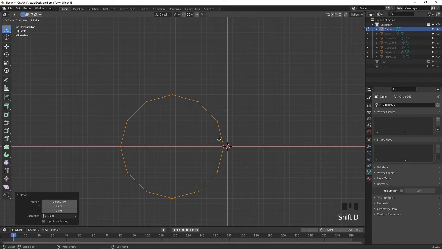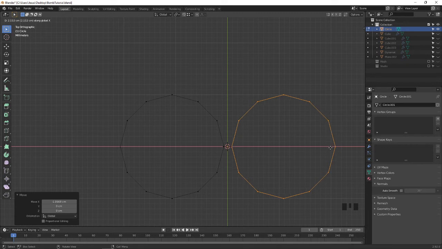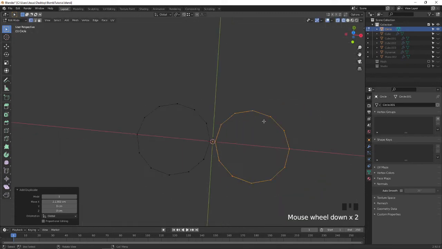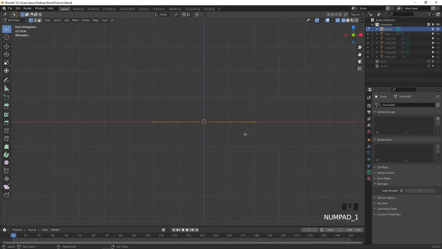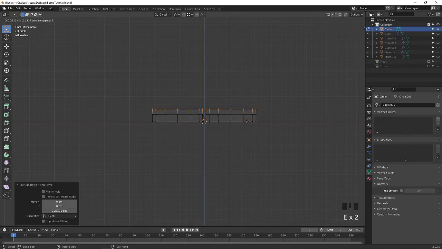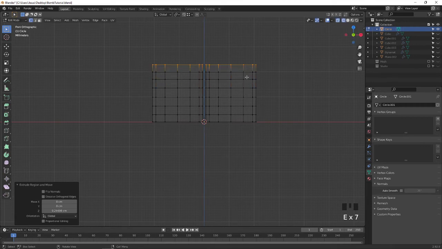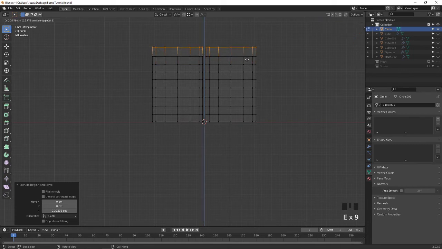Press Shift D X to move towards here. We can duplicate these two things. One wire will be one thing, and another wire will be another thing. So what I am going to do is now select everything, go to the front view and press E to extrude on the Z axis, E to extrude on the Z axis, repeating this several times.